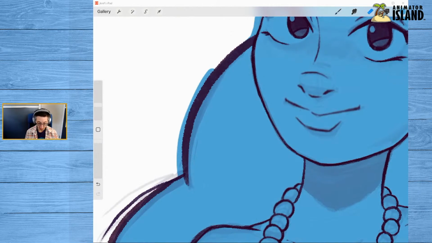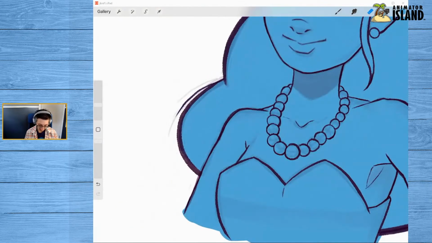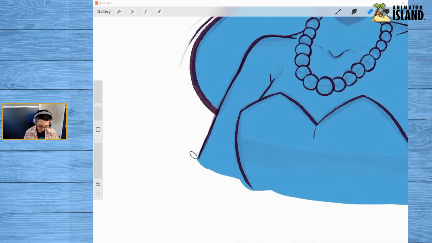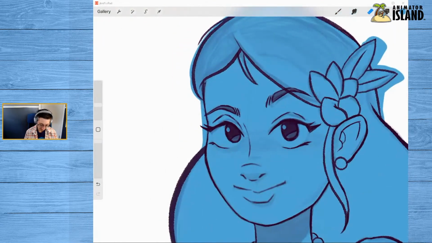If you do that, you just grab your eraser tool and you can go back and erase those areas away. And sometimes I like to work this way instead because it allows me to immediately get the color down or whatever it is down on the screen. And then I can go in and just clean up.